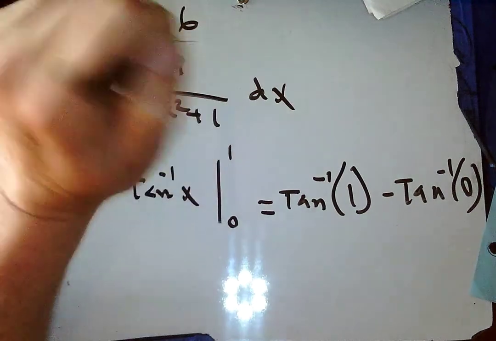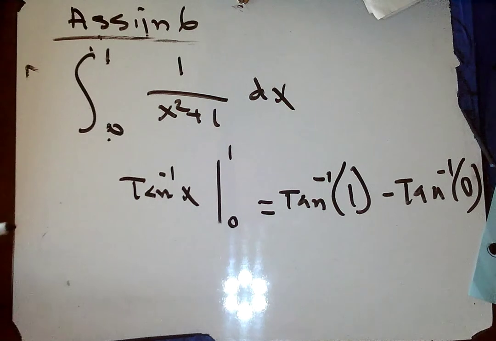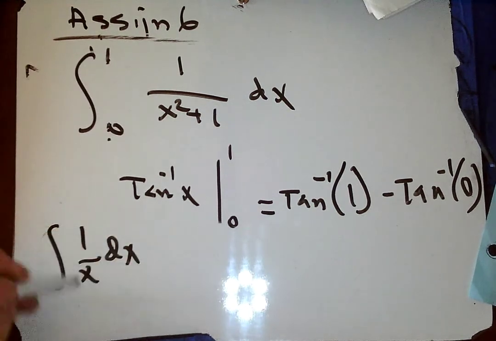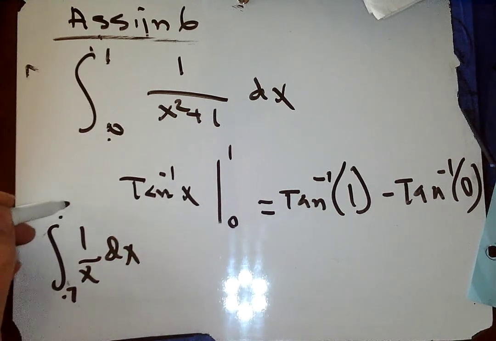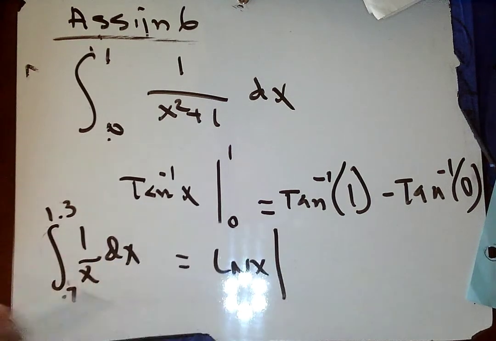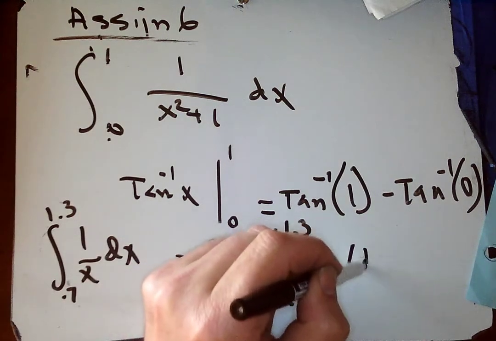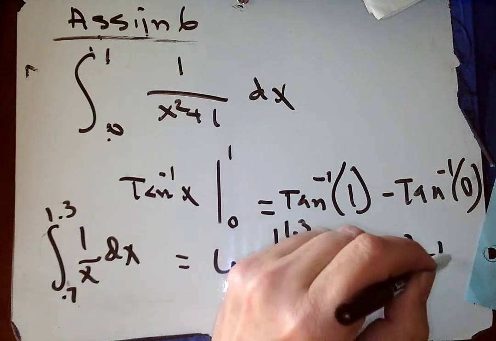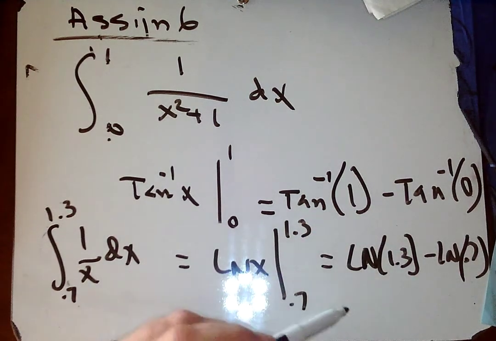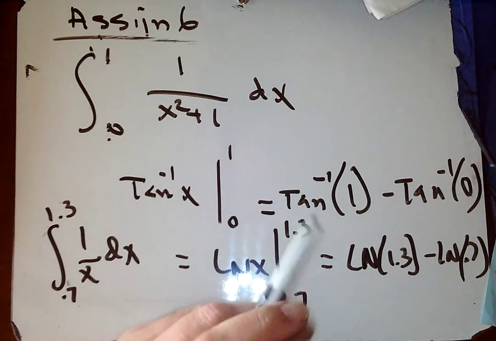Okay, last cautionary tale about this one. Students stop here. And while sometimes it's okay to stop, like if I saw the integral of 1 over x dx from 0.7 to 1.3, then I would say, oh, well, that's ln of x evaluated from 0.7 to 1.3. And I would say that's ln of 1.3 minus ln of 0.7. And no one expects me to do anything with that. Not if it's not with a calculator, then I stop here. However,